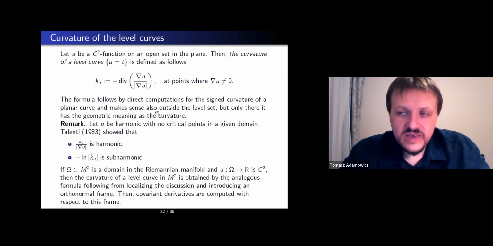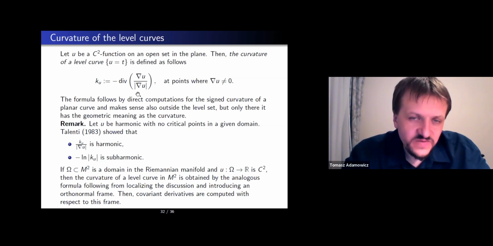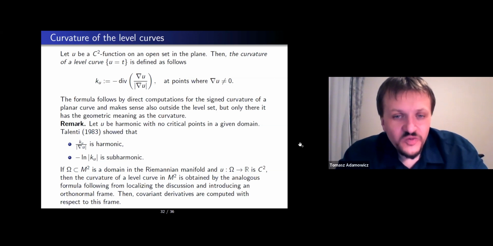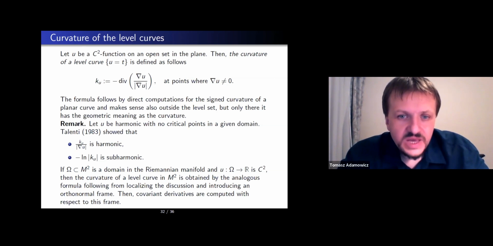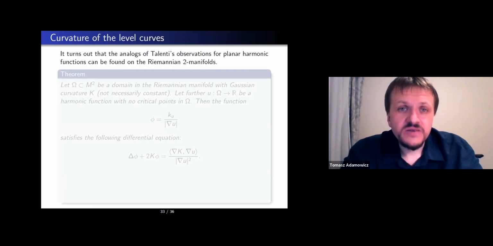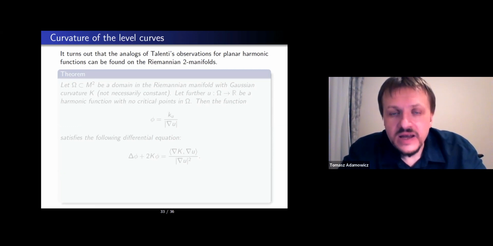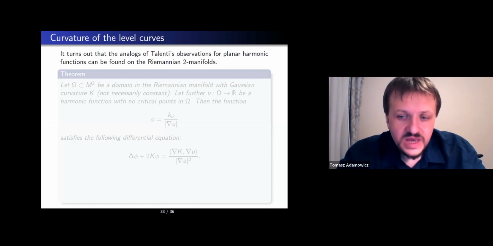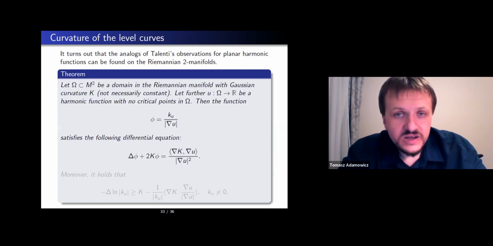What we get are expressions similar in terms of symbols, but of course with a slightly different geometric interpretation. And it turns out that we can find analogs of Talenti's observations for harmonic functions in the plane also in the setting of Riemannian manifolds, since the following result